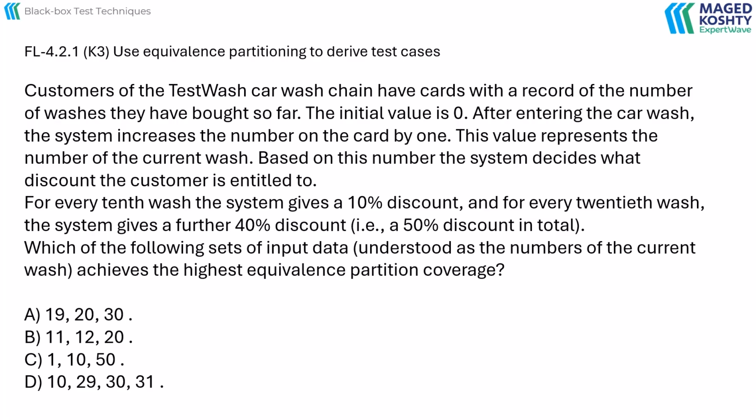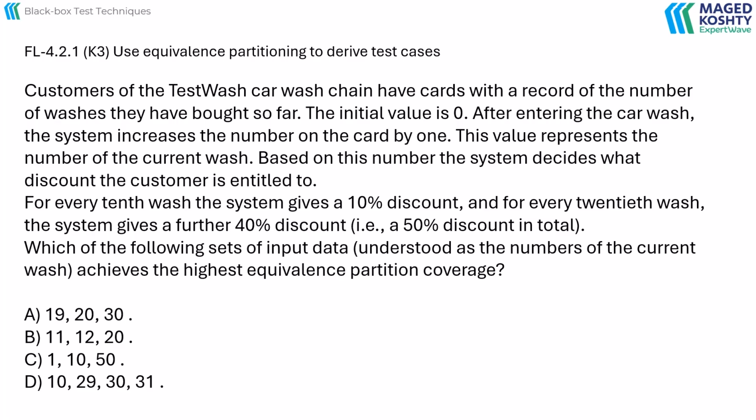Based on this number, the system decides what discount the customer is entitled to. For every 10th wash, the system gives a 10% discount. And for every 20th wash, the system gives a further 40% discount, i.e., a 50% discount in total. Which of the following sets of input data, understood as the numbers of the current wash, achieves the highest equivalence